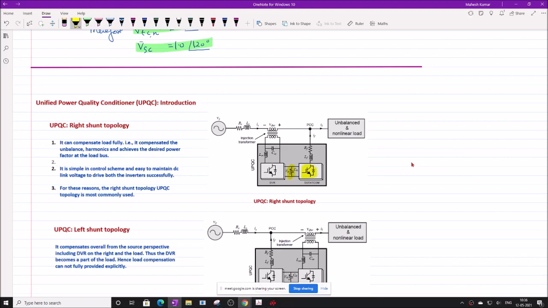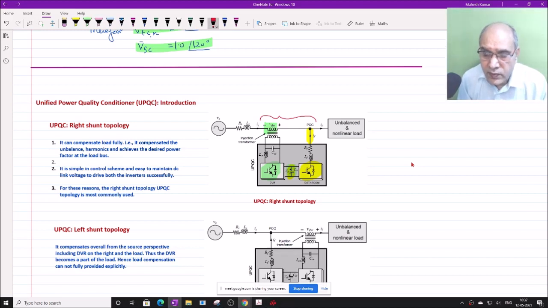This side is the STATCOM here. This side is the DVR. This is the common DC link, and this compensates the voltage. So together it becomes the UPQC, or voltage and current compensation together. But as you know, there are two inverters, therefore the control coordination is difficult and much more complex than one function, that is either DSTATCOM or DVR.